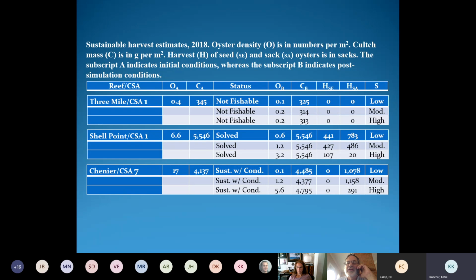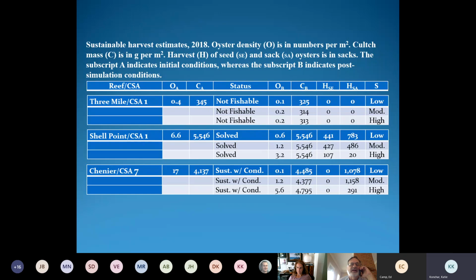HSE is the seed harvest. HSA is the sack harvest, and these are in terms of Louisiana sacks. And then S refers to the salinity scenario. So I just picked out a few examples. So at 3 Mile